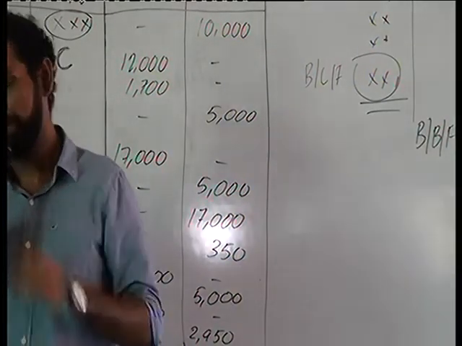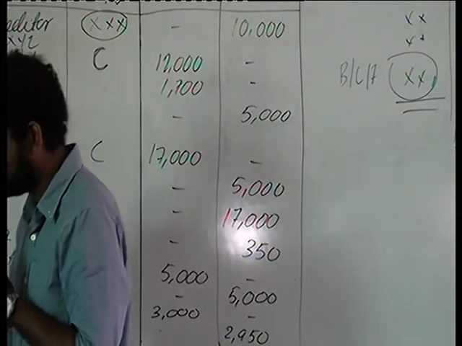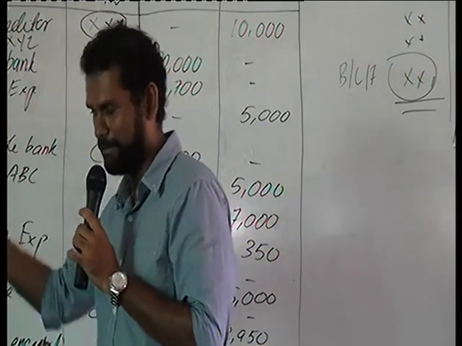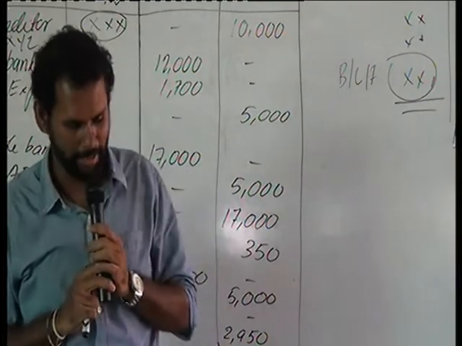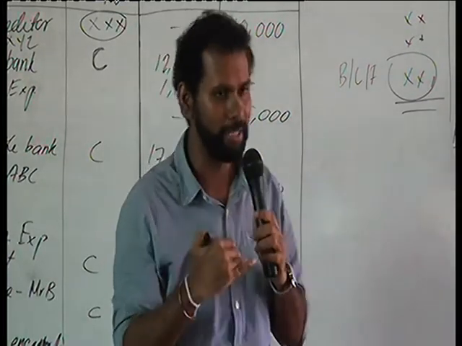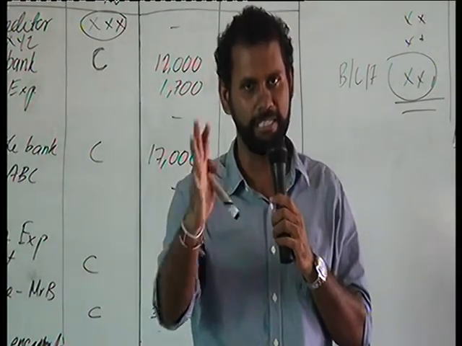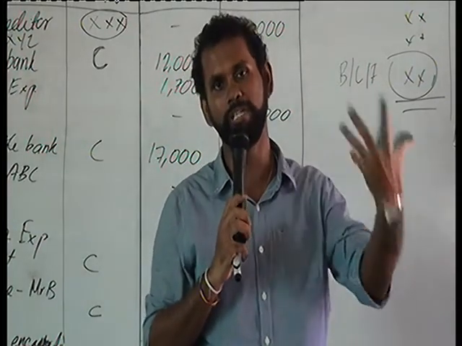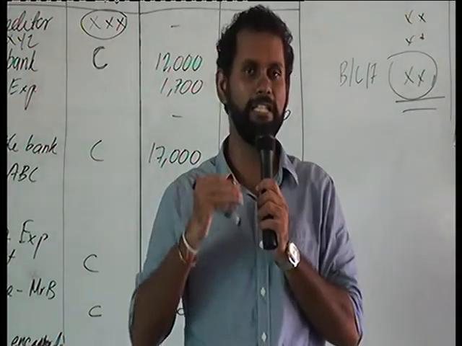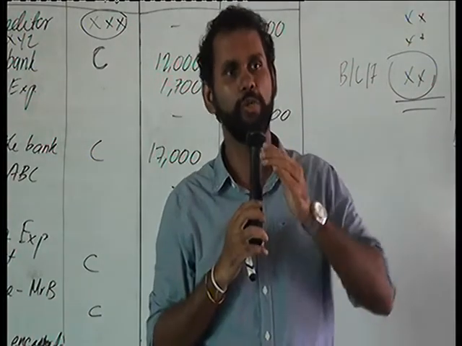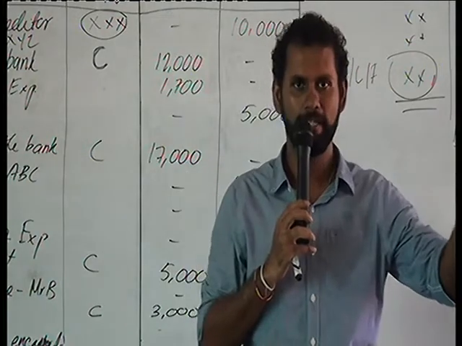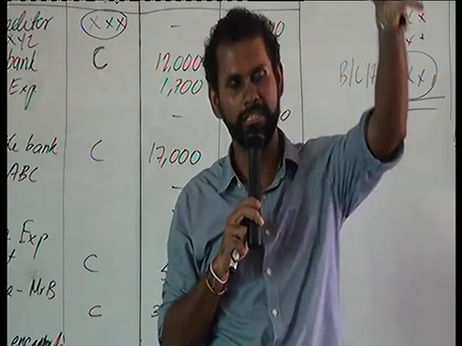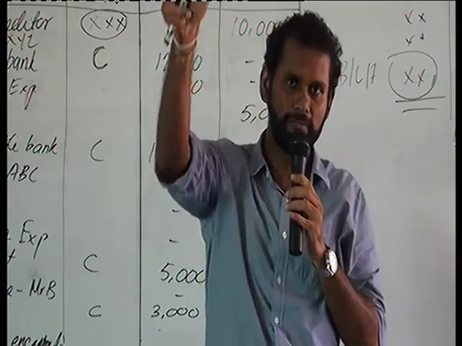But in the cash balance, you can see the higher amount is on the debit side, so the cash balance remains as an asset for the next month. Generally, bank balances could become a liability because of the bank overdraft facilities available, but cash balances cannot be a liability because if you don't have cash, you can't pay. If the credit is higher, it means you have more credits than debits. That means you have paid something which you have not received. Because all the receipts will be on the debit side, all the payments will be on the credit side.